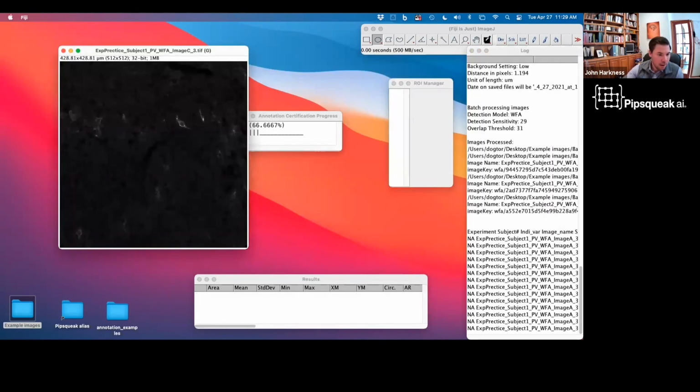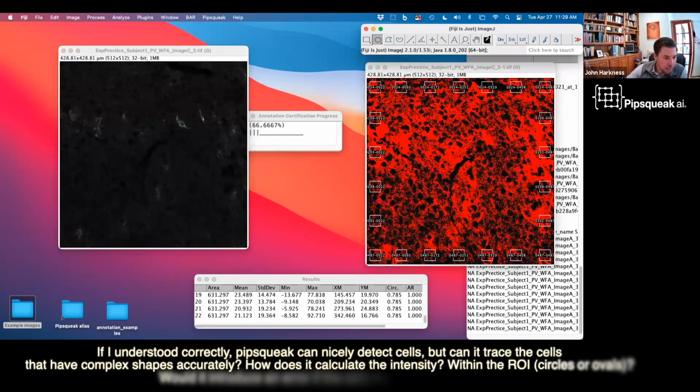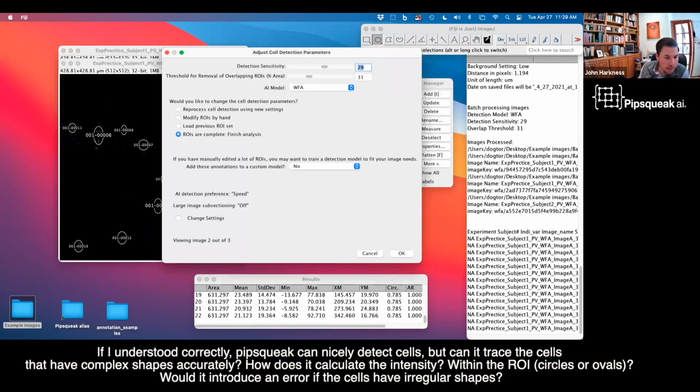Great. So question here: Pipsqueak can nicely detect cells, but can it trace the cells that have complex shapes accurately? And how does it calculate intensity? With ROIs, circles or ovals, would it introduce error if the cells have irregular shapes? Yeah, that's a really good question. So one of the things that